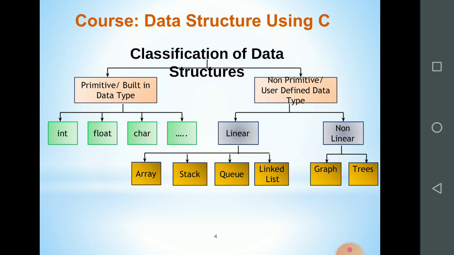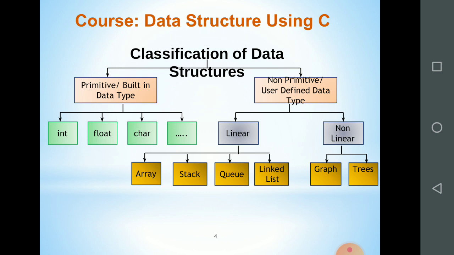Non-primitive, or you can say user-defined data types, are your data structures which we are going to implement. Non-primitive means they are derived from the primitive data types. The non-primitive data types are again divided into two types: linear and non-linear. Linear means the values which we are storing are linearly stored, in continuous memory locations. In non-linear, the data is not stored in continuous memory locations.